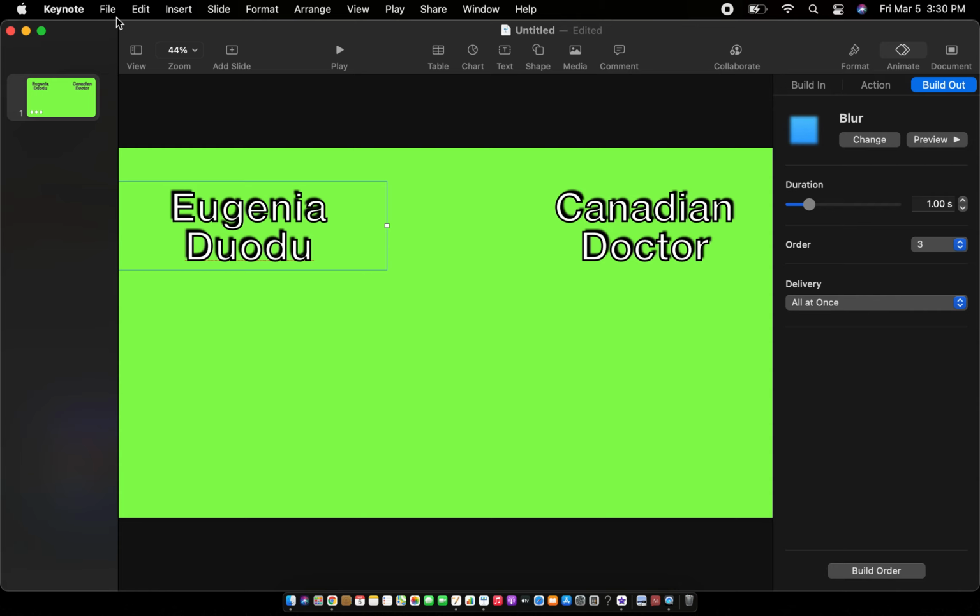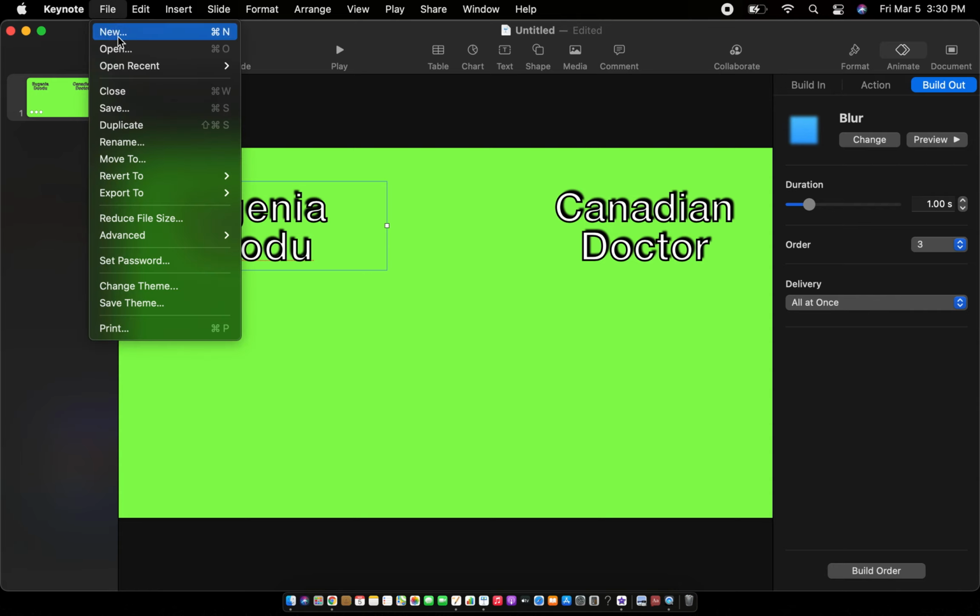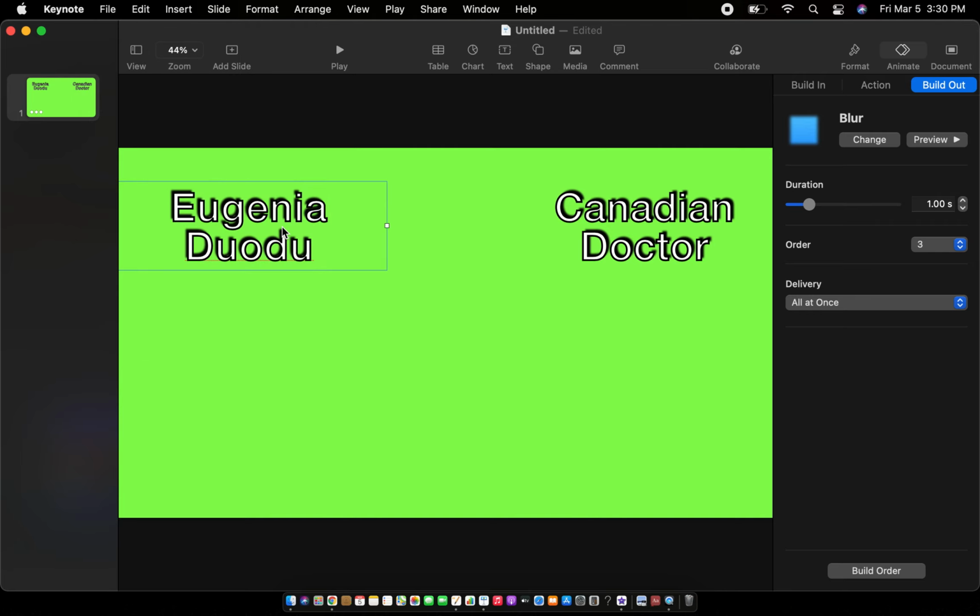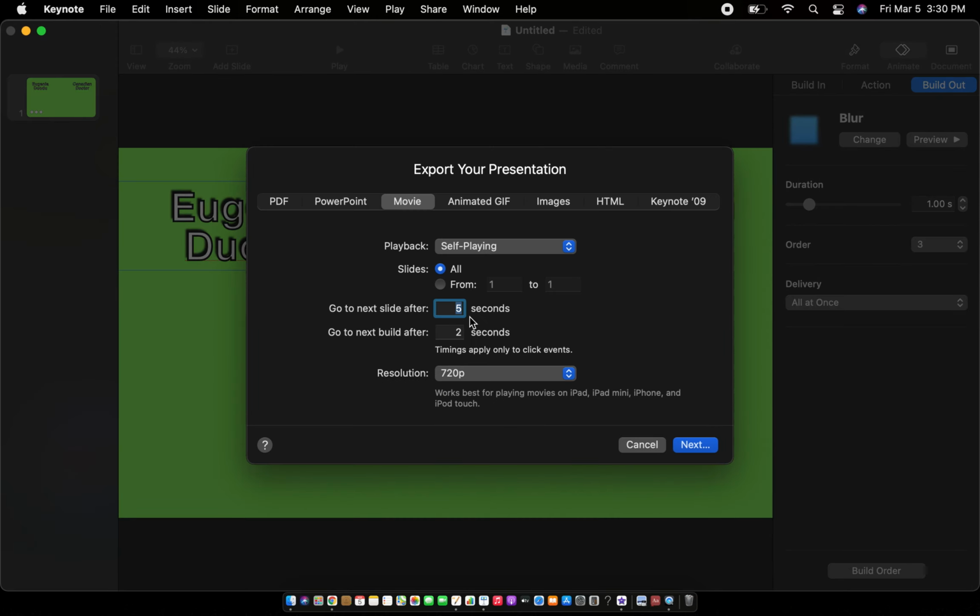So we are going to go to File. And instead of saving, we go to Export. And we go down to Movie. And you get this lovely little screen. Now, the important part here is this section. You have a slideshow, and it has some animations. So it's not that it just lasts for 1 second. It might very well, but most likely more. I usually do ballpark higher number, so I go to maybe 20 seconds. It's not going to last 20 seconds, but that way it's more rather than less. I click Next,